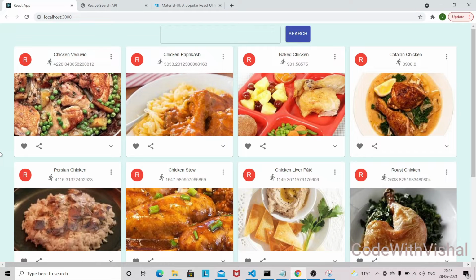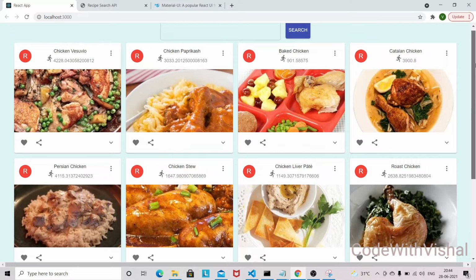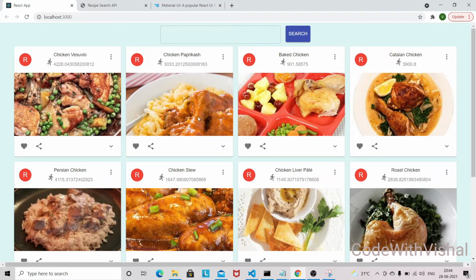In this video, we are going to build a recipe app using Redux Saga middleware. This is a small recipe app in which we are going to return the top 10 recipes. As you can see, by default it's showing chicken recipes. We have 10 different recipes of chicken here, and by clicking on this icon, you will get the ingredients.